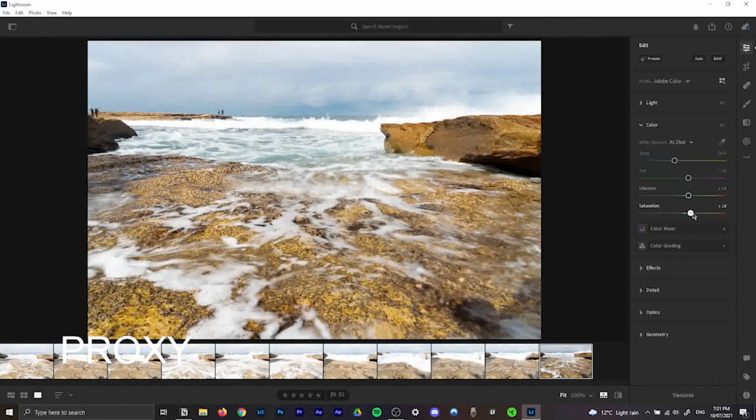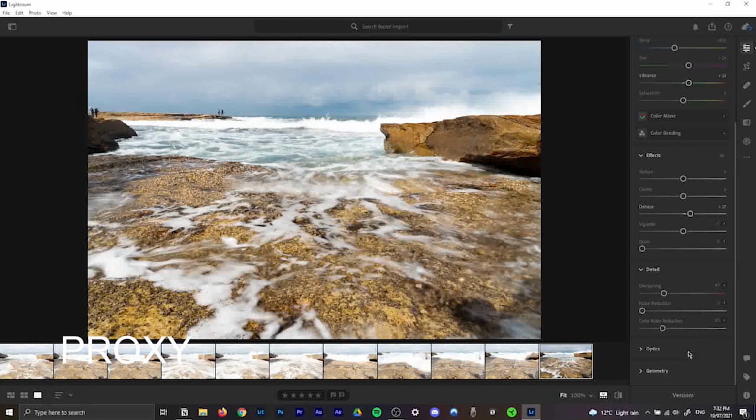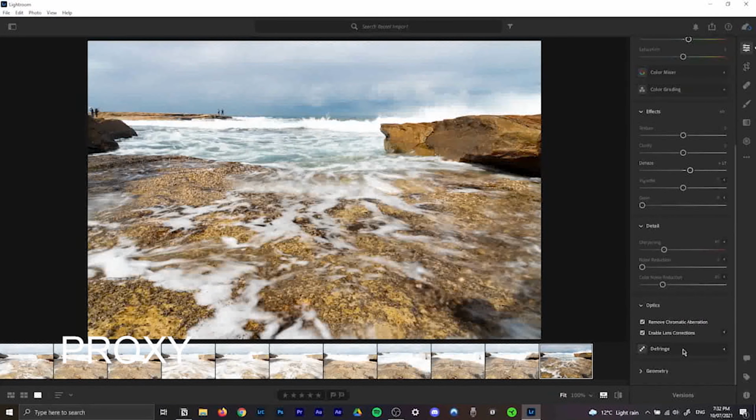And then saturation. And if you want to reset any of these to 0, just double click on them and it brings it back to 0. And then as you move down, you've got further effects like your texture and clarity. If you dehaze, if you did want to play around with that. Details, which sharpens your images. Optics, which is to remove chromatic aberration and lens